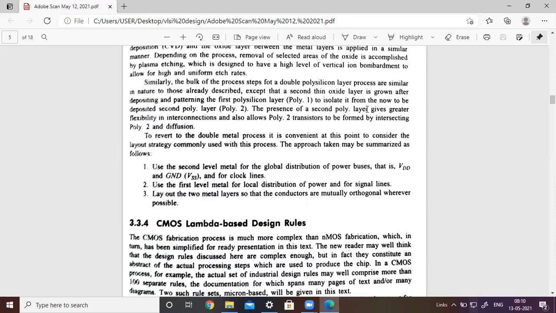Similarly, we are having double poly. Sometimes you require a single poly and sometimes double poly also. So poly one and poly two. Depending upon your application, you can use polysilicon 2 also. The color for this polysilicon 2 is orange color. Whenever you require to use the orange layer, and red color is the poly one layer, you can use the polysilicon layers in this case also. That is called double layers in this case.